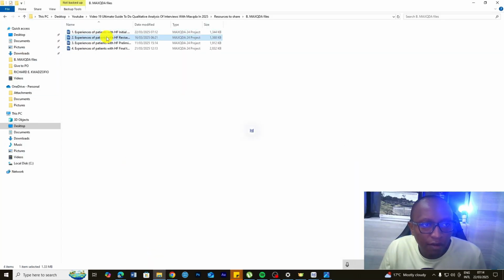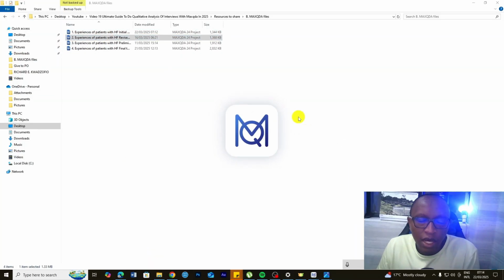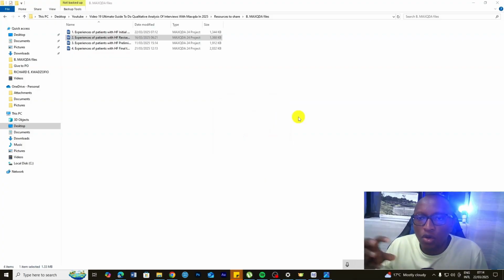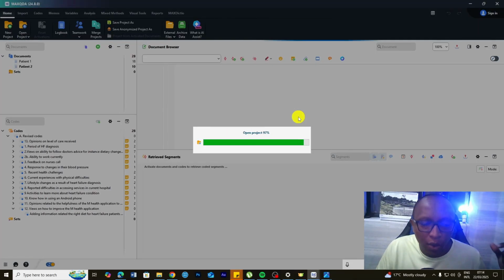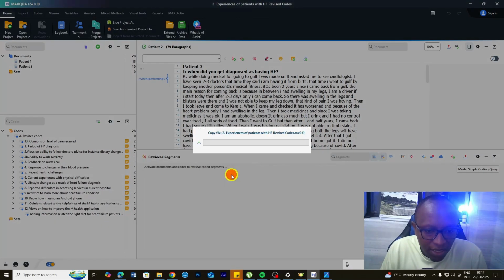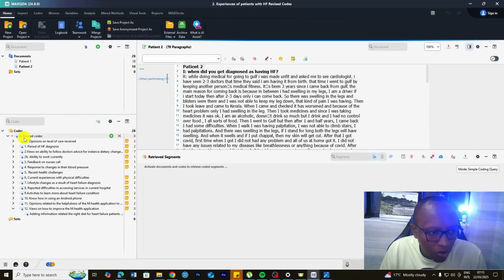And here we have a MAXQDA file on revised codes. I went and looked for the quotes and asked myself, do these codes make sense? Do they sound good? Have I followed grammatical rules? Are there any errors? So I went and revised the codes, and you can see this is my revised codes